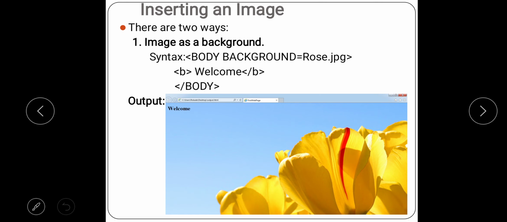Before that, one tip I will give: whenever you are calling any external files in your HTML code, see, here our external file, I am talking about the image file which we will be using in our HTML code, right? So it is a good practice to create a folder. In that folder you save the HTML file and also whatever external files you are going to call.